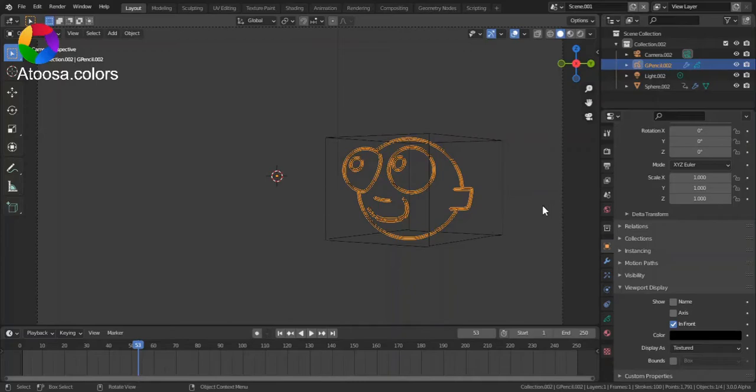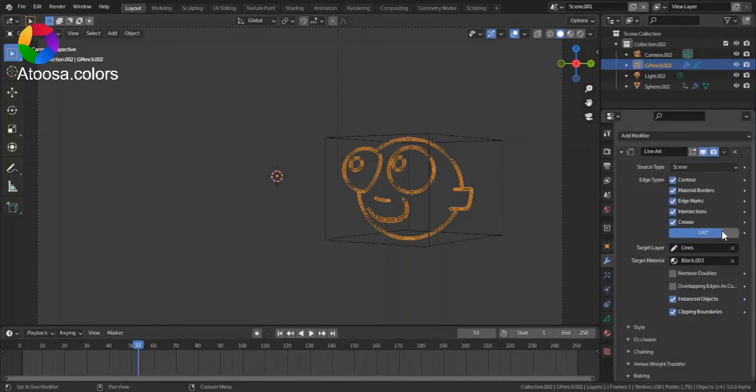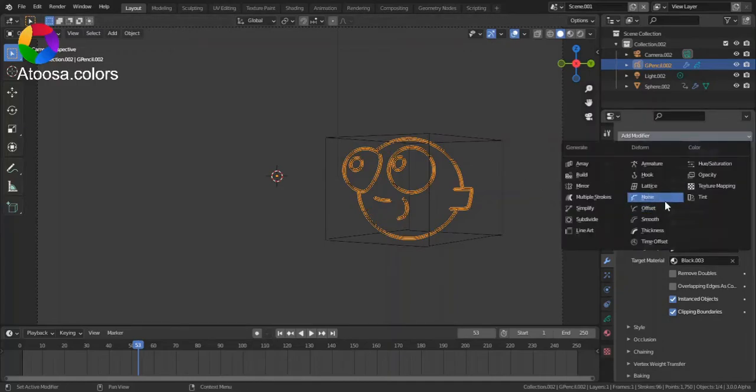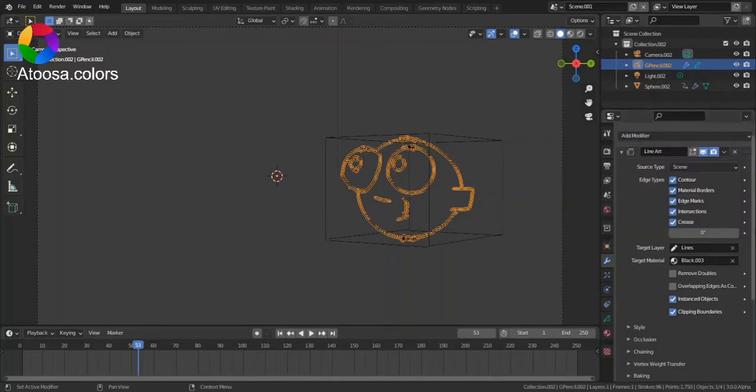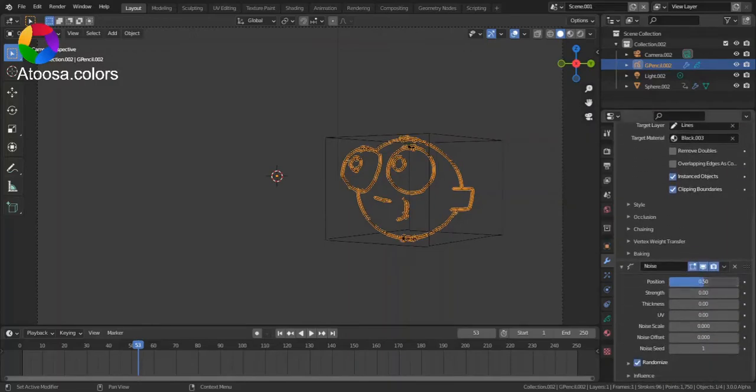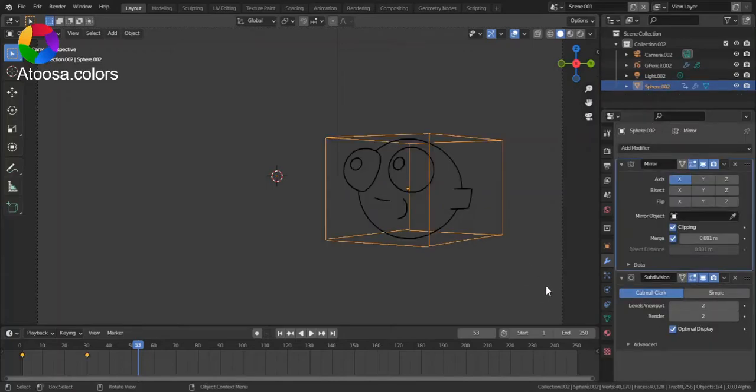Now select this grease pencil object, go to modifier properties, set the crease threshold of the line art modifier to 0 degrees. Now add a noise modifier so it'll look hand drawn. A little bit of position, and now